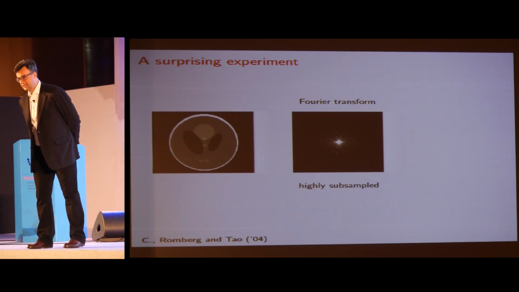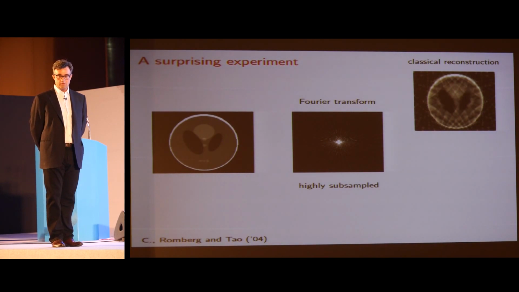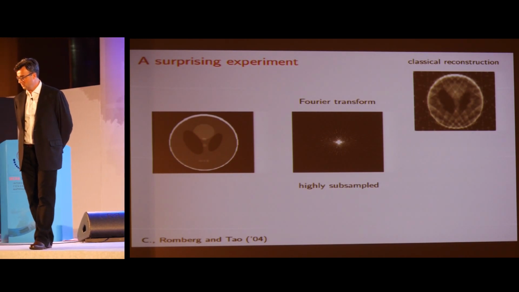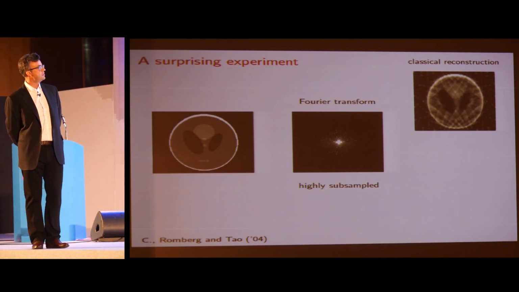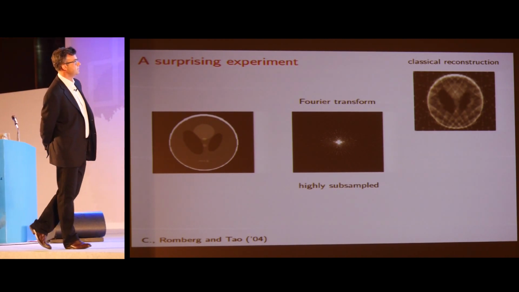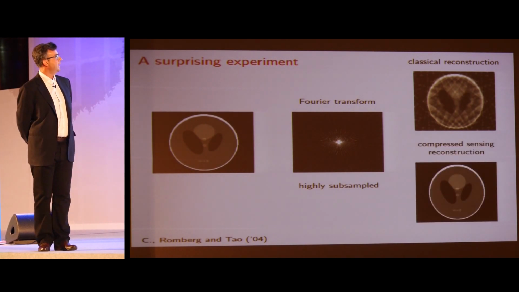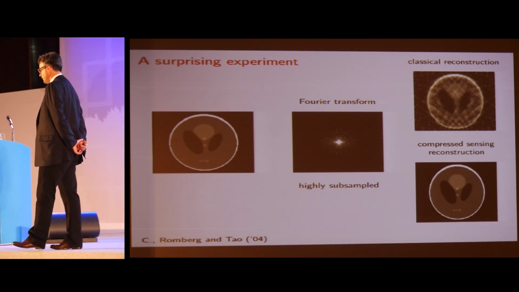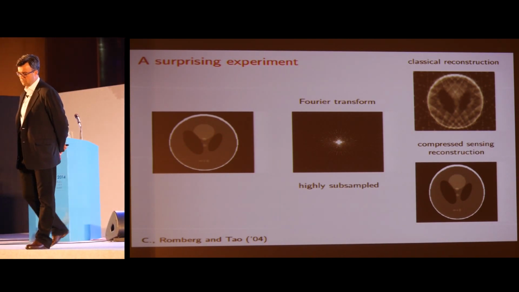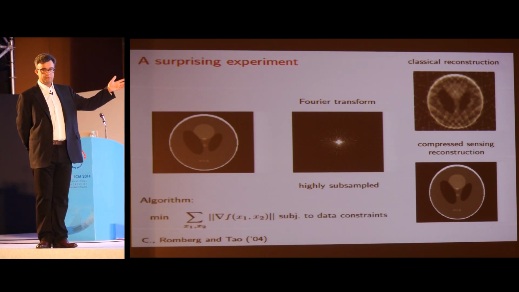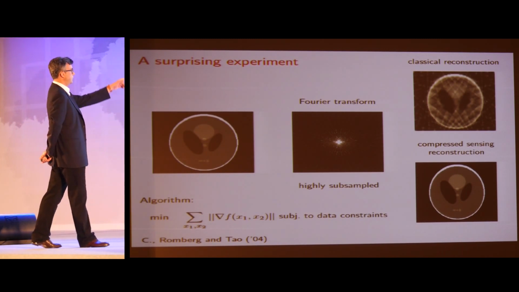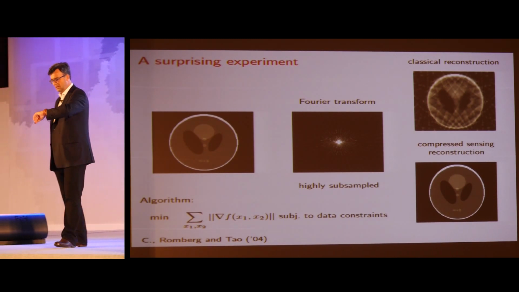Now, the reason they contacted us is that when they used reconstruction algorithms to actually infer the image, which here in this case is a well-known Logan-Shepp phantom, from these highly subsampled data sets, they were getting images that look like this, which are completely unsuitable for medical diagnostic. Well, we decided to run a different algorithm, and we got this. We got a perfect recovery of the input data. And the algorithm was a bit agnostic about the kind of images that we were trying to recover. It was simply doing something very simple. It was just minimizing the sum of the Euclidean norms of the gradient of the image. That's a very simple-minded procedure.